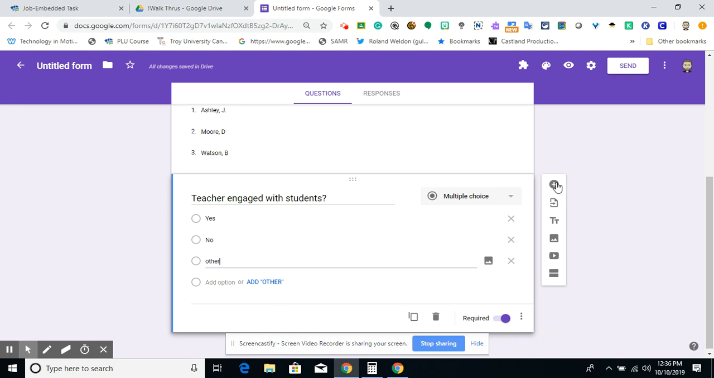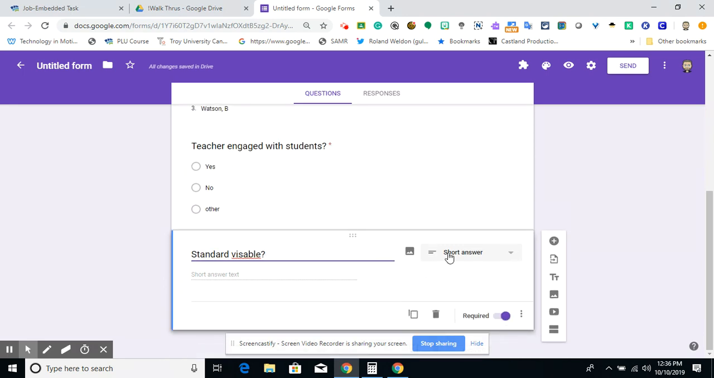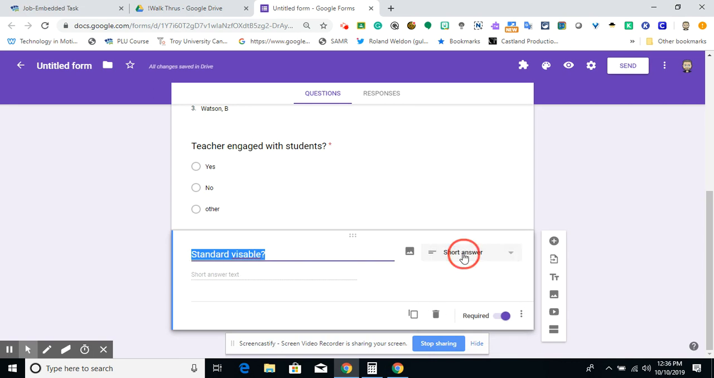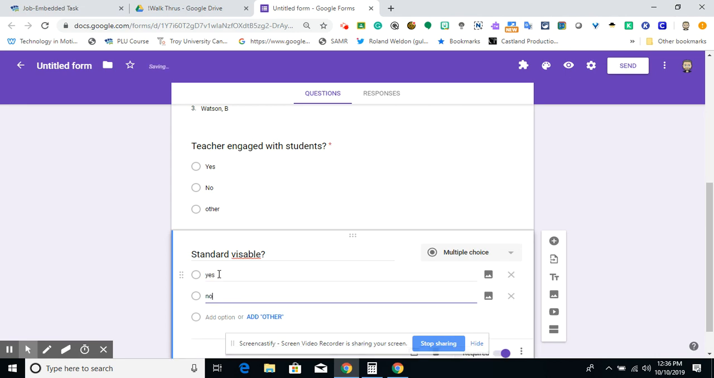So now I would add what else? Standard visible. Is a standard somewhere where I can see it? Can I tell what and why they're teaching what they're teaching? And then I could change that to a multiple choice, and it's the same thing. Yes, no, that's yes or no. Either it is or it's not. Third,